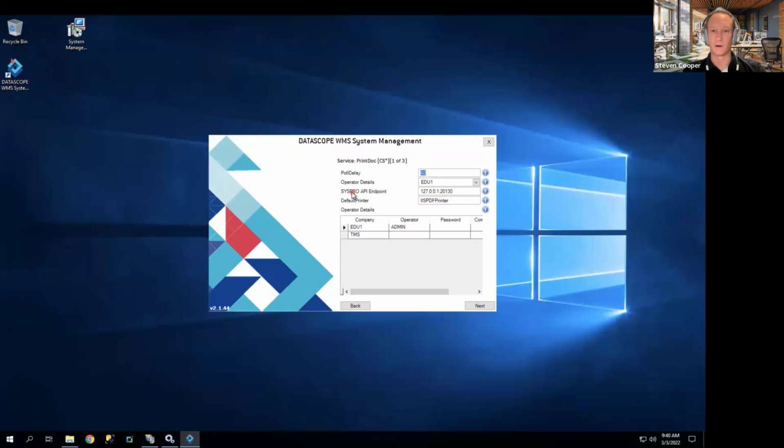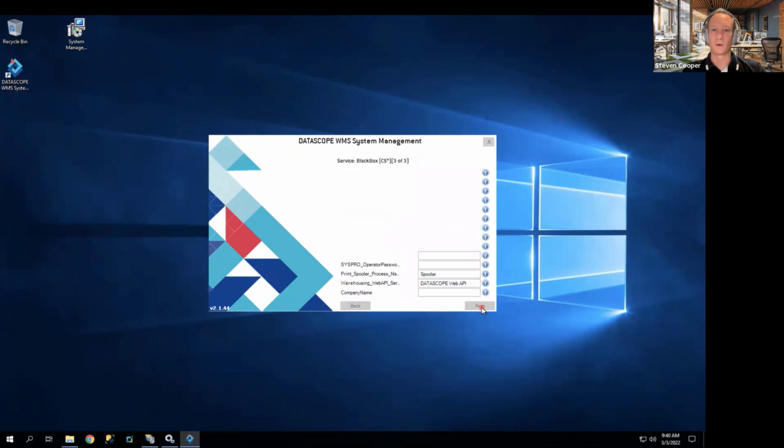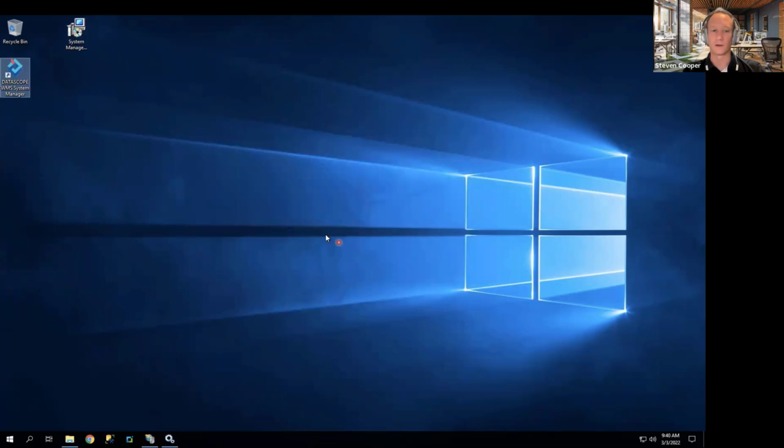So it gives you some guidance on what needs to be configured for each of these settings that pertain to this particular service. So I'm just going to click next through these. It'll save the settings as we go through, and then it will shut down. Now, if we take a look at the registry quickly again,